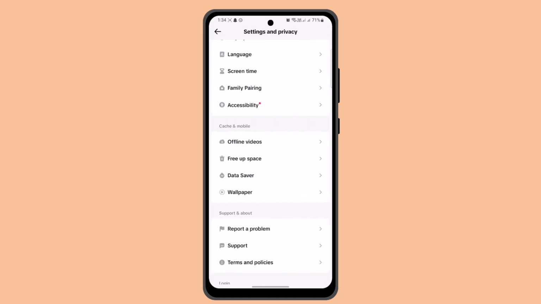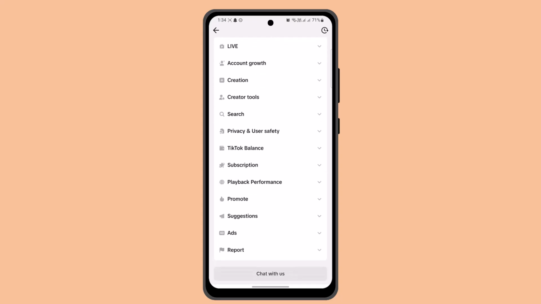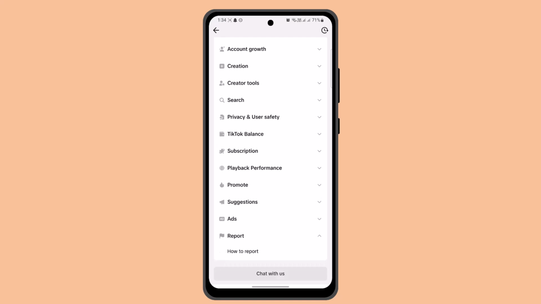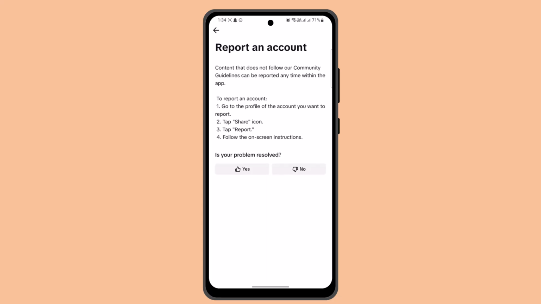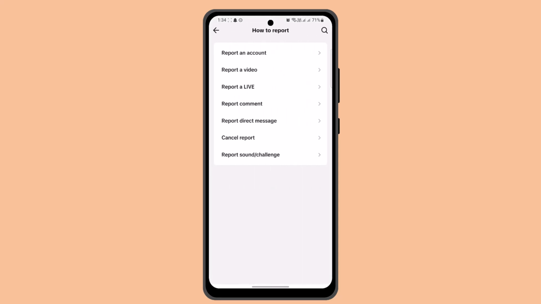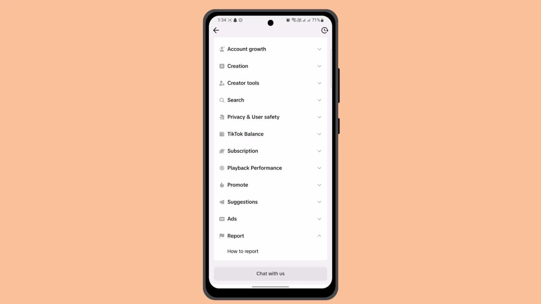If not, you could also try reporting it, after which you just need to go to report a problem. Underneath, you need to go ahead and select the topic or just click the report button, after which click on report and go to report with the account. Now here you just want to click on no, and then go back to the page where you can click on report comment, where you want to click on chat